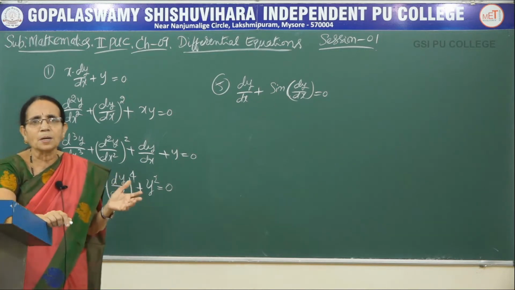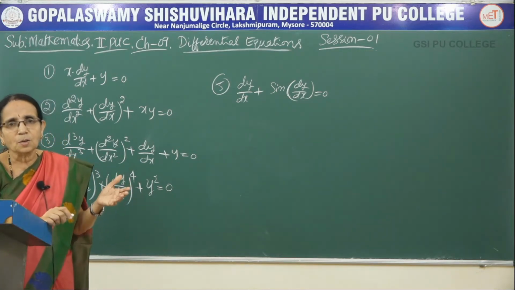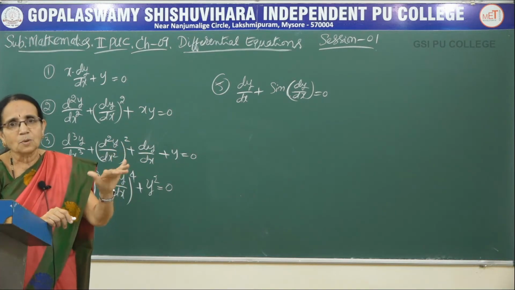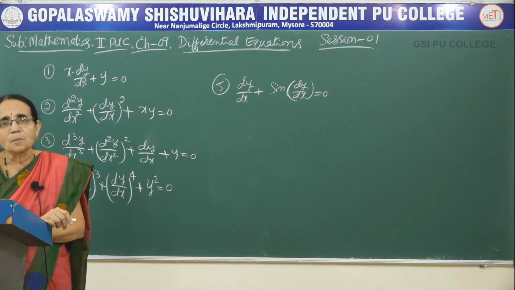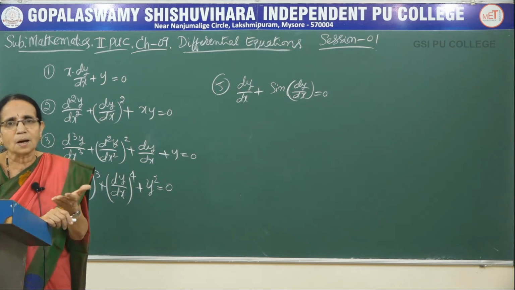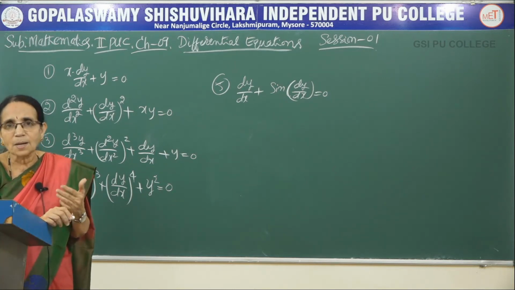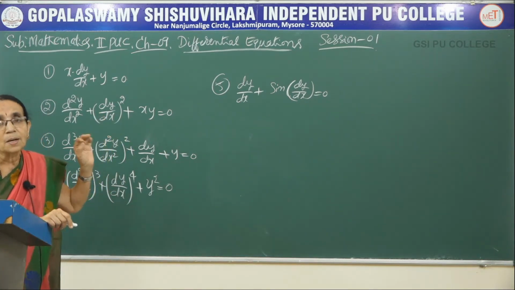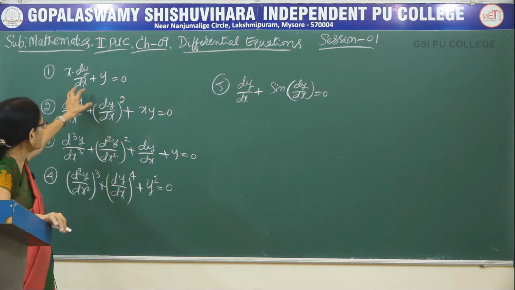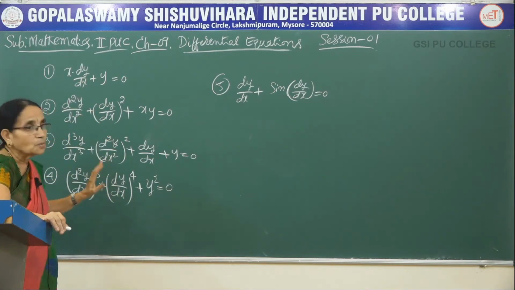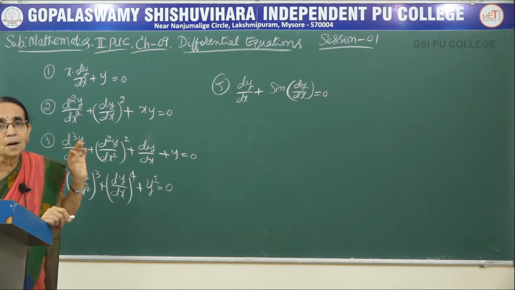So what do you mean by a polynomial equation? You know that one. You have come across polynomial equations, you have learnt them in first year PUC. Any equation of the form a0 x power n plus a1 x power n minus 1 and so on, where the power of the variable keeps decreasing, the last one being a constant, equal to 0, is known as a polynomial equation. So if the differential equation is a polynomial in the derivatives, it has to be present in this form. First one, second one, third one, fourth one, we call them polynomial equations in the derivatives.